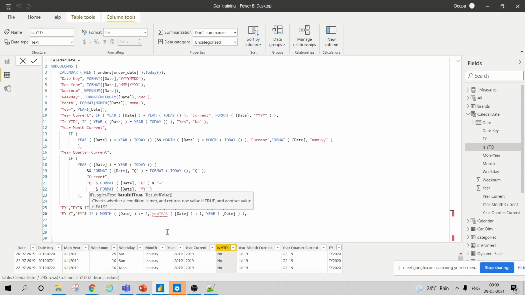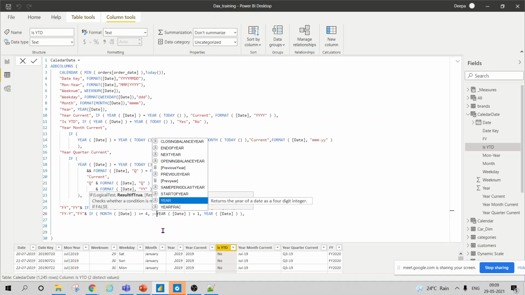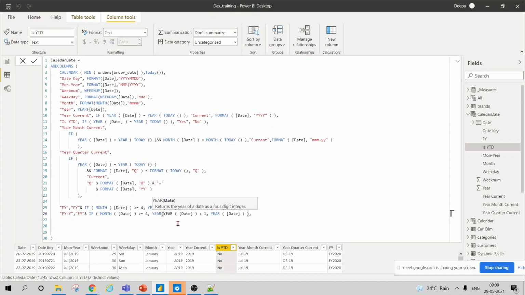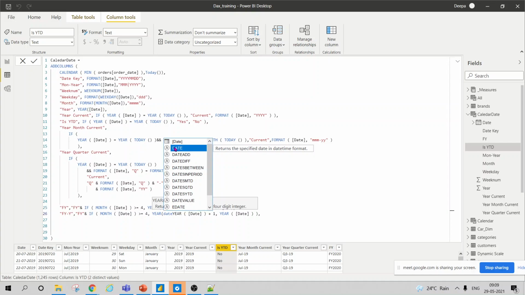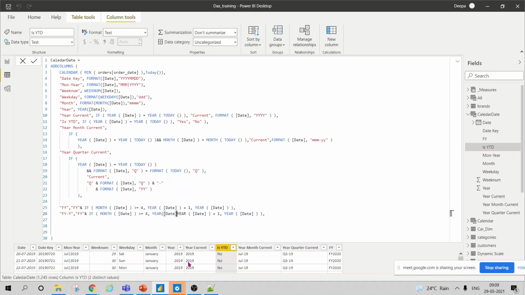It should return FY. FY is already there. Now I want to return year, so I'll use the date, year minus one function, and I'll use my date. Now for 20 July 2019, obviously I want FY 2019. So this is fine.